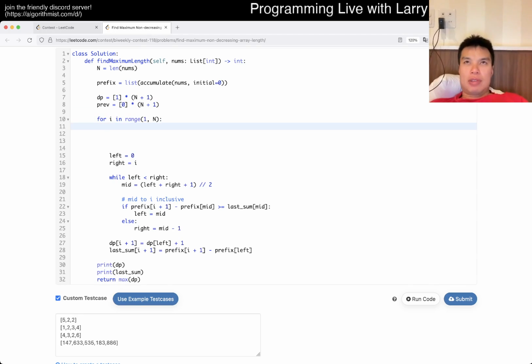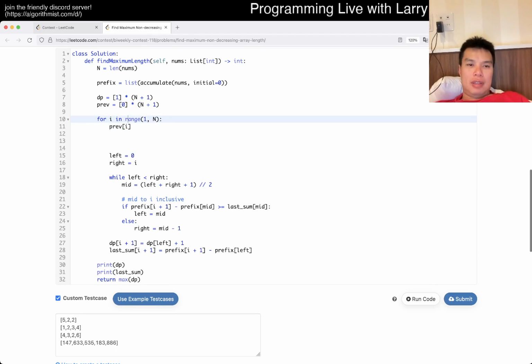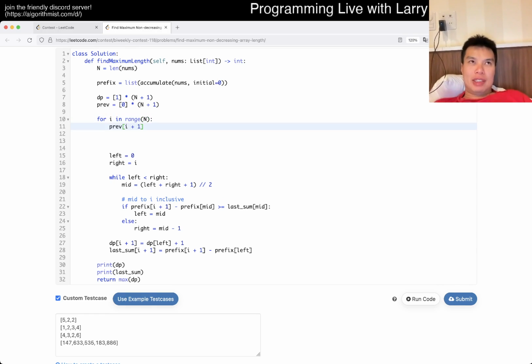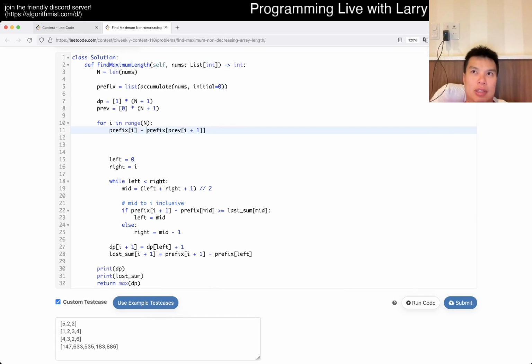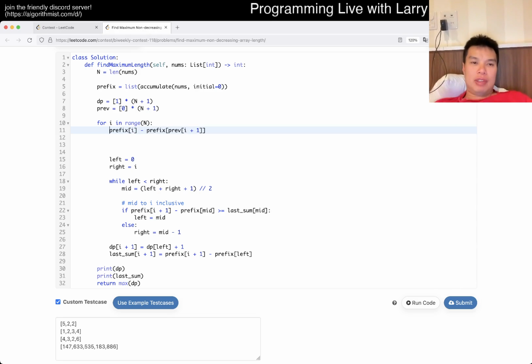And then now the last sum is going to be previous of I, or previous of I plus 1 is the previous index that we sum from, and then so yeah, we have prefix of I minus this, that's going to be the last sum that we're working with, and then we do